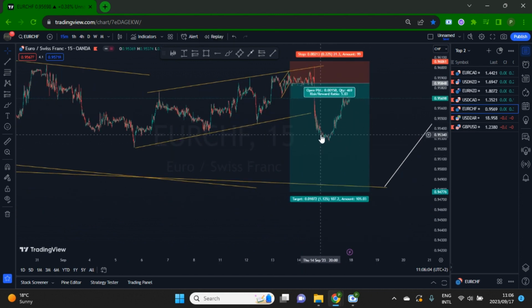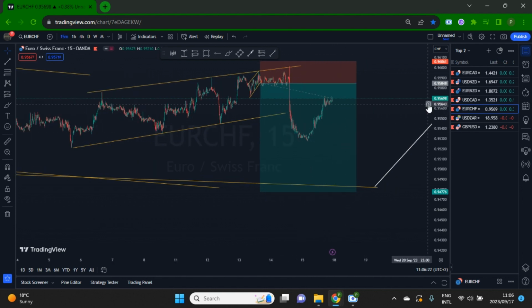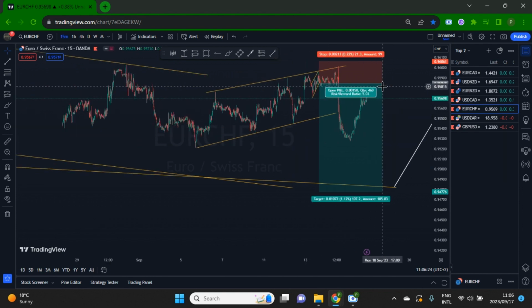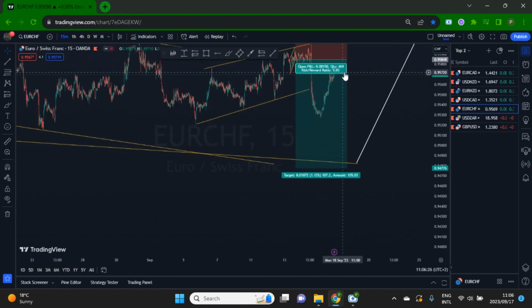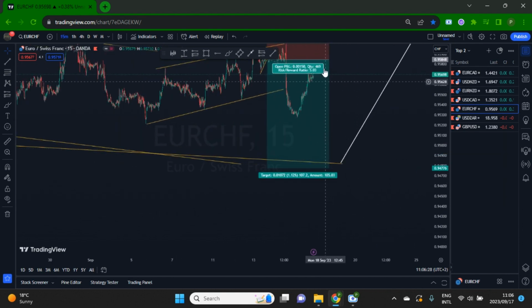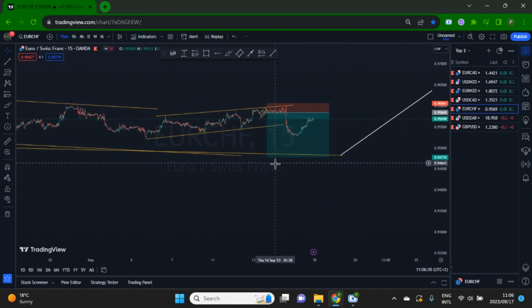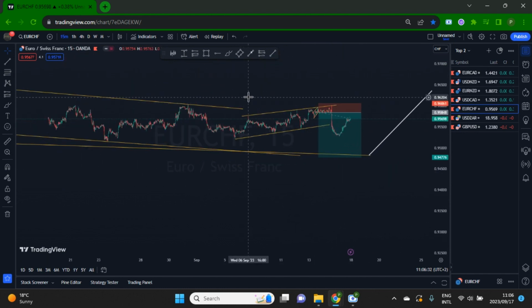And then at this point, it was the right time for me. The moment I opened, I saw its impulse in my direction. I'm supposed to lock in profits here. Lock in profits and let it play out. As you can see, it's back up here, but I'm still anticipating that it's going to evolve and come down. So the reason why I think it's back up here, price may be trying to evolve into